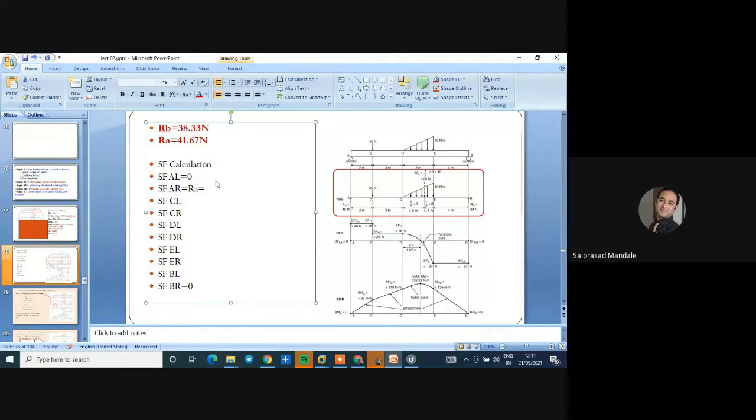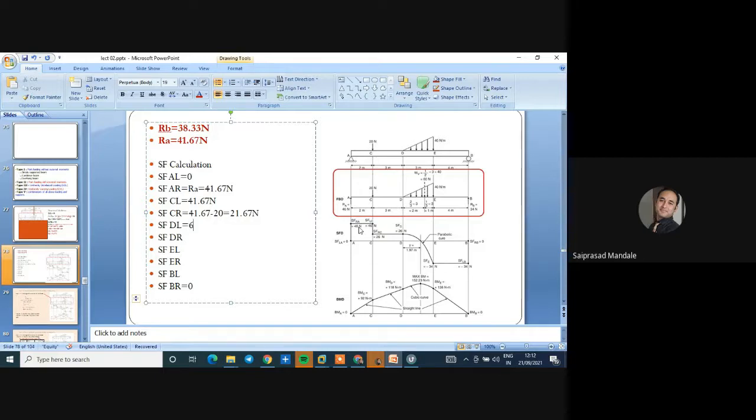RA is equal to 41.67 Newton. So left of the C is the same, 41.67 Newton, and right of the C is 41.67 minus 20, which is equal to